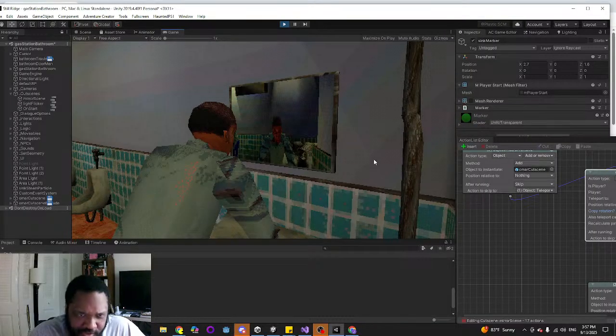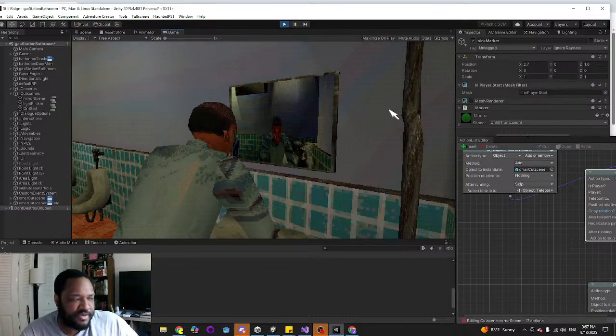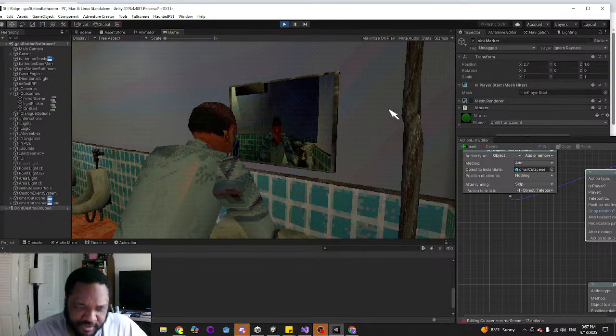All right. Okay. So I think this is why I created a duplicate of the player. The way this scene works, there are actually two characters here. One is only visible in this render texture, and the other one is excluded from the render texture.